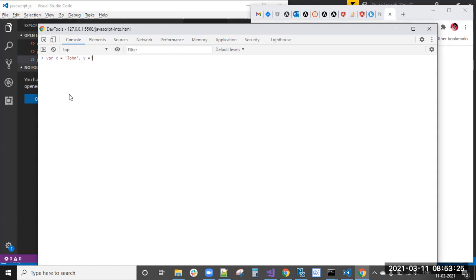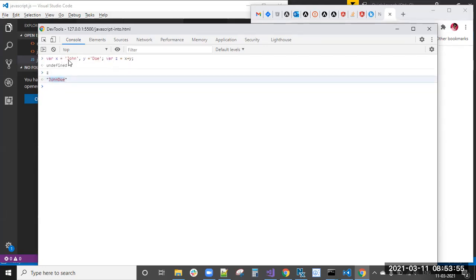Then z equal to x plus y. What is the output you will get? JohnDoe, you can see now.